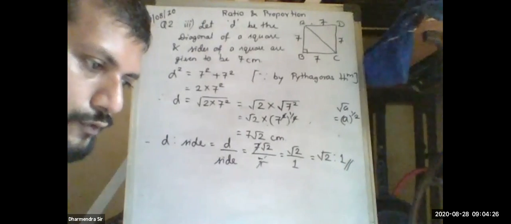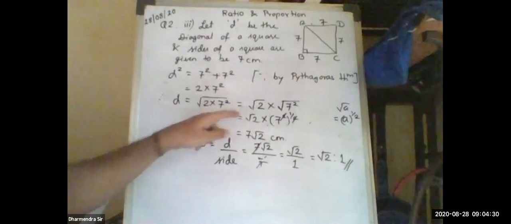So we have completed our question number second, third one. So this is the final answer. So we got the answer. This needs to be understood. If you know surds properly, then only you can understand. In case you don't know surds, first revise that concept and then apply here. You will get the step very easily.